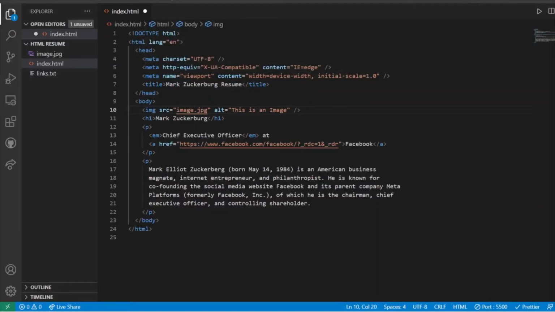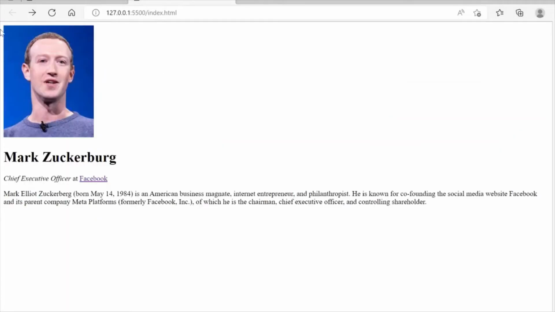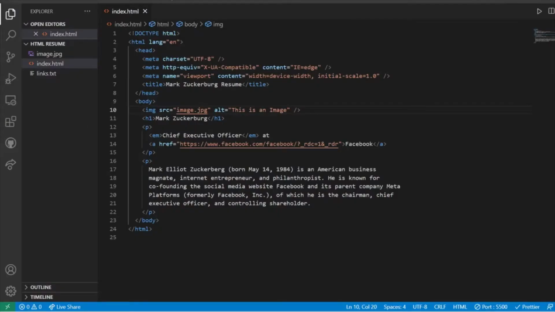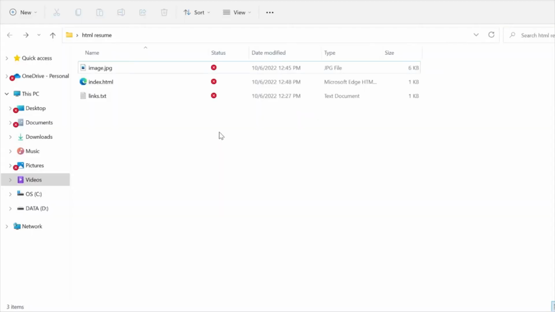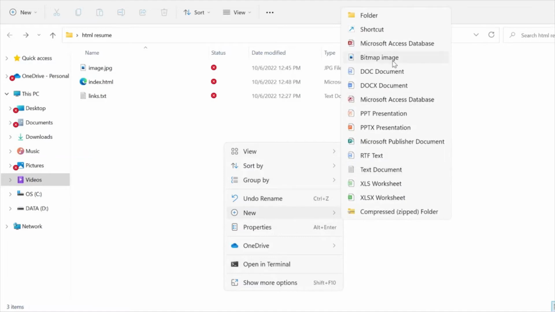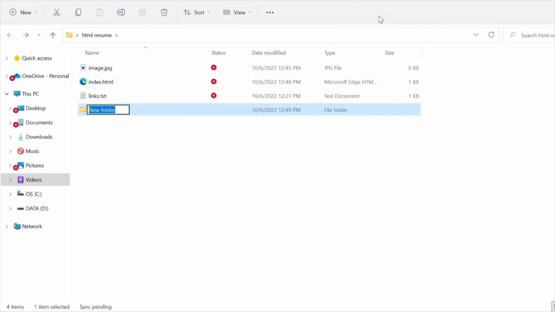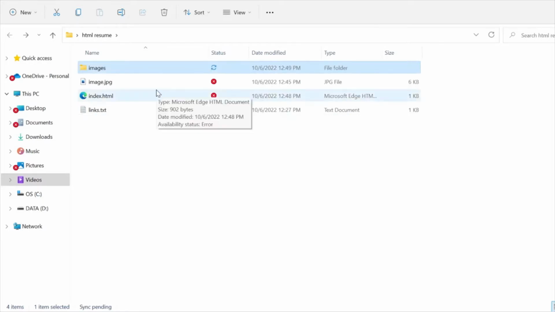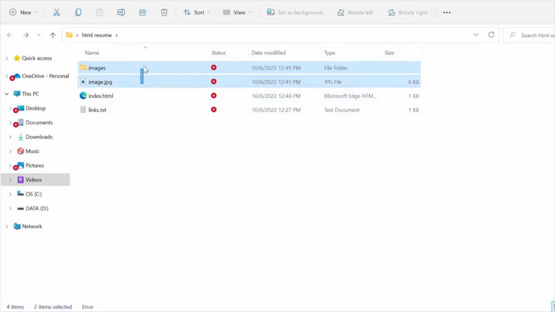Let's go back and get back to the original part where we were. So you can see the image.jpg we have done. Now it is always a good practice to put the image inside an images folder and then attach it on our site, so we are going to follow the same practice. I am going to create a new folder in this folder itself, and the name of that folder is going to be images. If there are further images that we include in our site, all of those images will lie under this images folder, right?